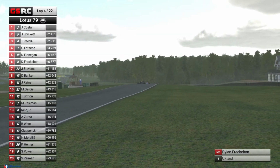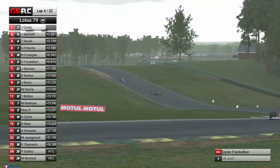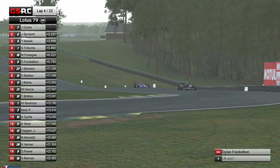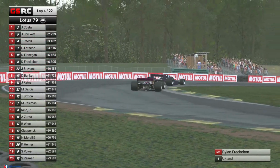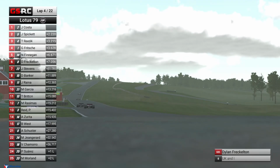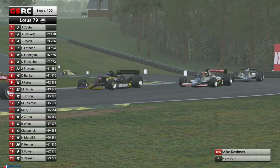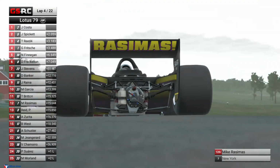Really close off of the back bumper, and you gotta think, you gotta be careful of the aero washes. Yeah, he picked up a big understeer there in turn 10. Lets Finnegan go a little bit further out there, but he was so close behind Finnegan, I would figure that aero wash was gonna come into effect. Well, let's see if it gives him a tow down the backstretch, or what about back here between Britton Rosimas